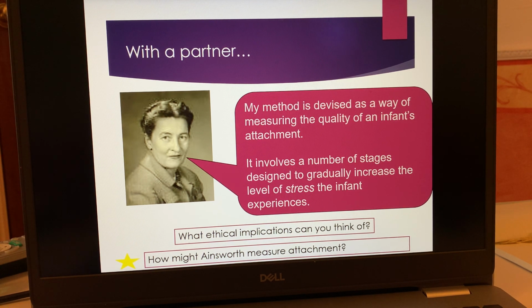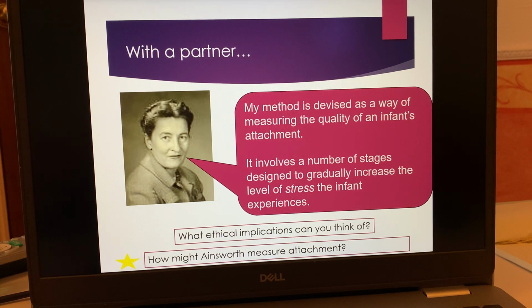If we had to instantly think of some evaluation here, we've got a couple that we could think of. Ethical implications of this research. Is it ethical to put a child under stress, even though we've got the consent of the parents to take part in this experiment, because the parent takes part as well? Is that not an ethical issue? Should we be putting children under stress? That's one of the things we need to think about.